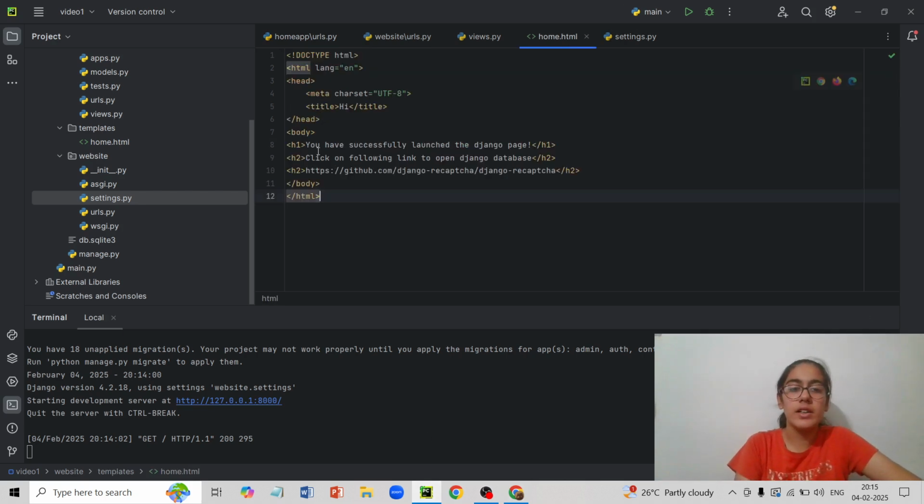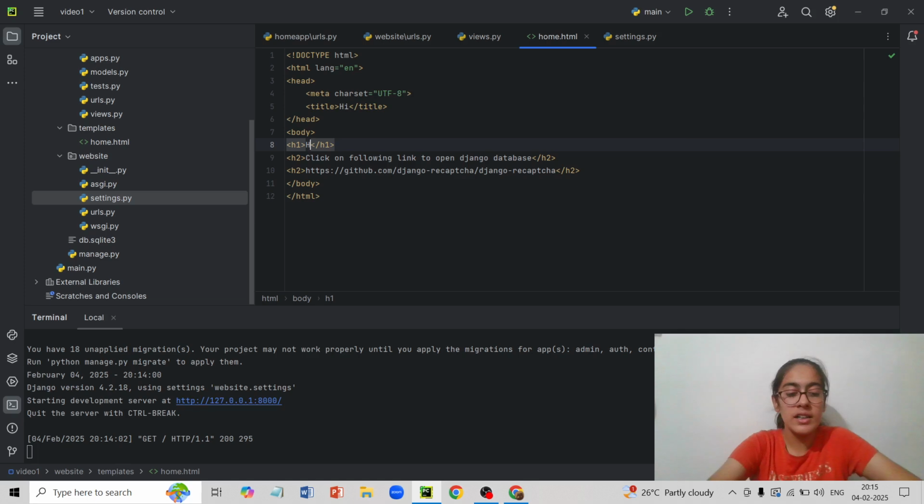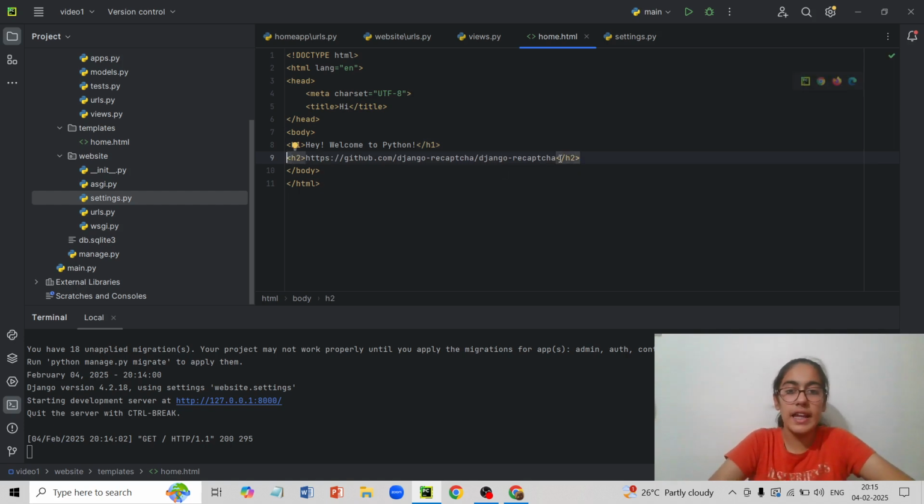So here I have written, you have successfully launched the Django page. Instead of this, I will write, hey, welcome to Python. And then instead of these two lines, I'll simply write one line saying you have successfully installed Python, or you have successfully used Django here. And now when I run this,